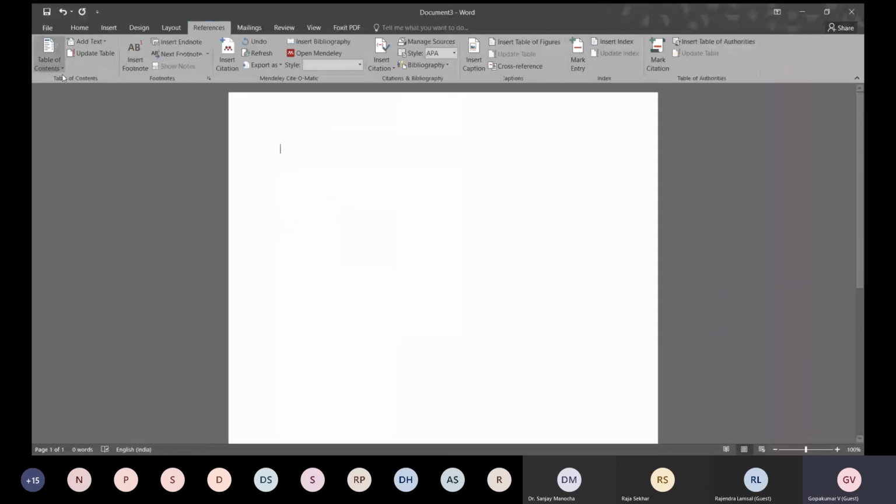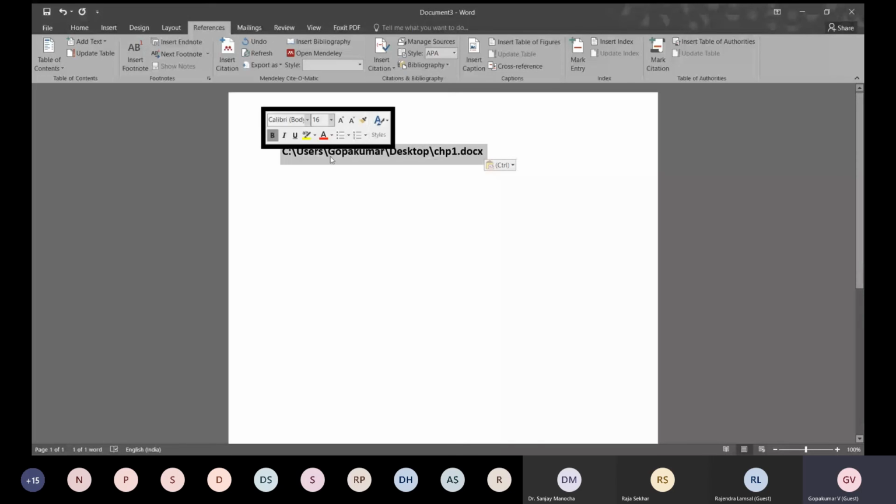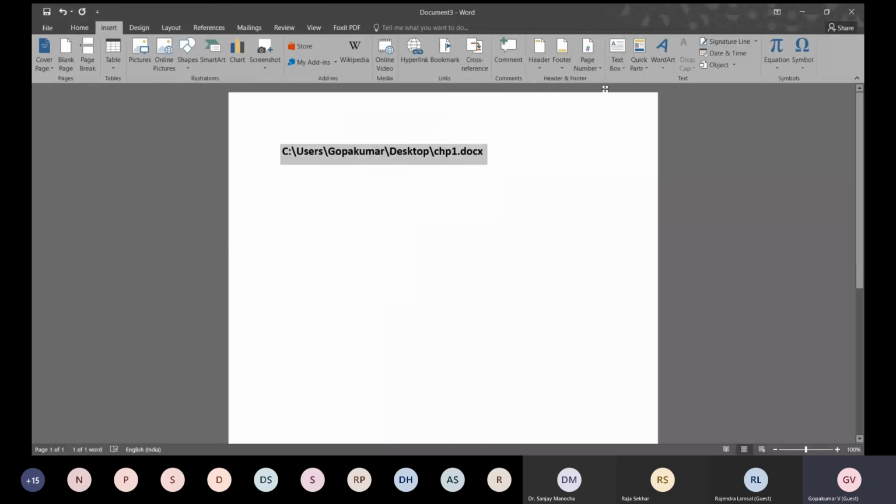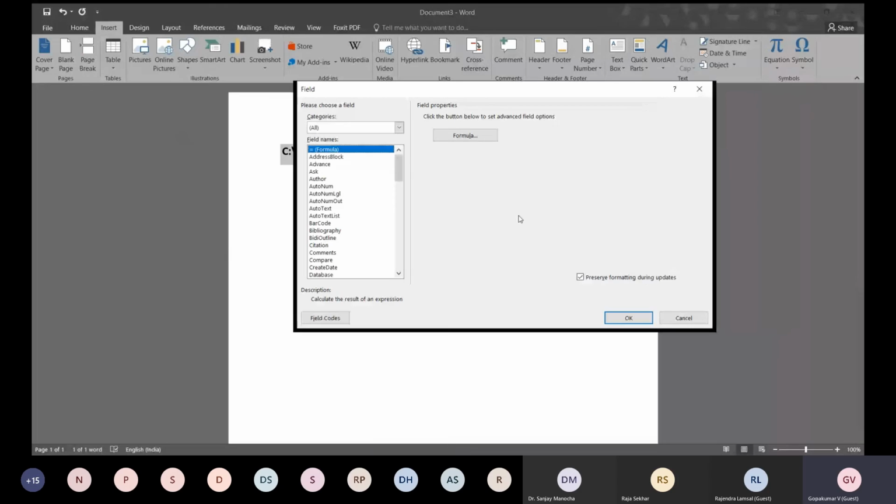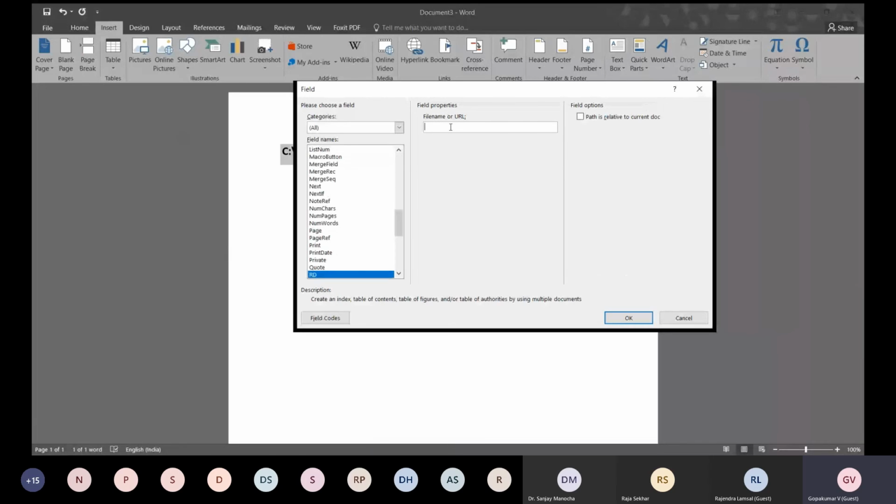Hopefully it should work. Click on this, click on this. Oh no, it's not coming. Sorry, it's not coming. But the process is this. It should work with all the computers. What I have just now told is you have to bring in this and don't forget to put the extension of the file. Once you do it and then select it, right click, copy, go to insert, quick parts, under field you have to select RD and paste it here, whatever you have copied.